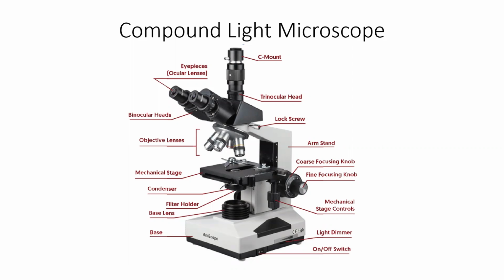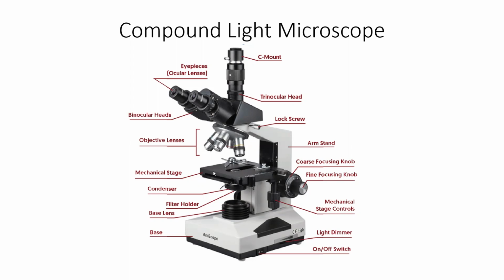Today I am going to discuss the compound light microscope. This is a diagram of a developed compound light microscope. Here you can identify the main parts of the microscope: eyepieces or ocular lenses, then binocular heads, objective lenses. There are 4 objective lenses here, then C-mount and trinocular head, lock screw, then arm stand,